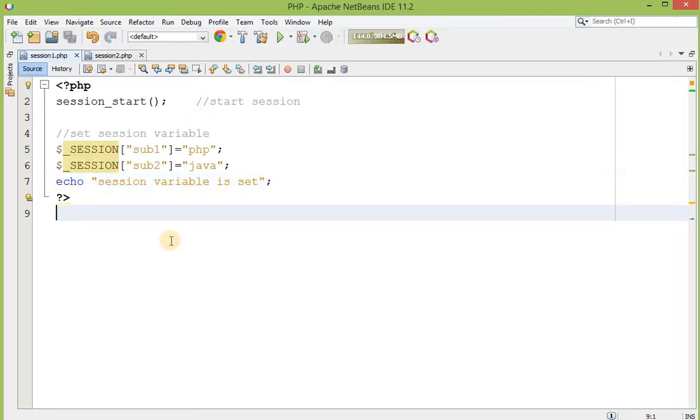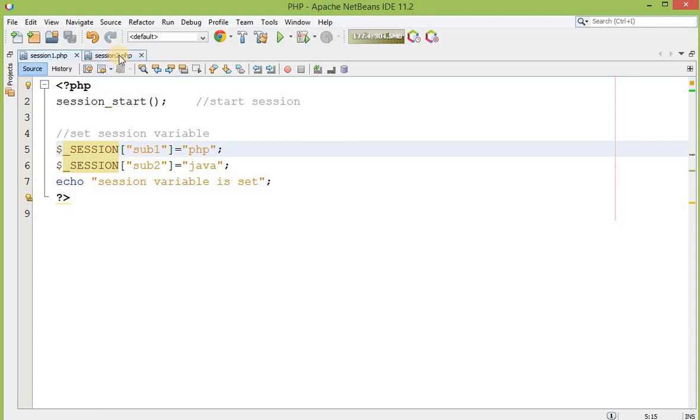This is the portion where we have started our session using the session_start method, and in this page we have assigned values to the session variables. The names of the variables are subject1 and subject2.